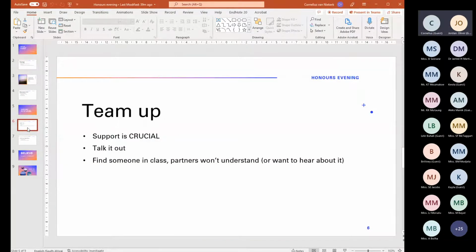Another thing that I found is very helpful at the moment is if you, within the class, team up or just buddy up or make a friend in the group itself. And I point out the fact that it should be someone in the class and not just outside of the class, because you're going to be talking to them about psychopathology and research methods and quantitative and qualitative research, and they are not going to want to hear about it as much as you are going to want to talk about it. So that actually helps a lot of us quite a bit, because we get to just talk amongst ourselves, not just clearing up assignments and projects and scope of what to do, but just in general